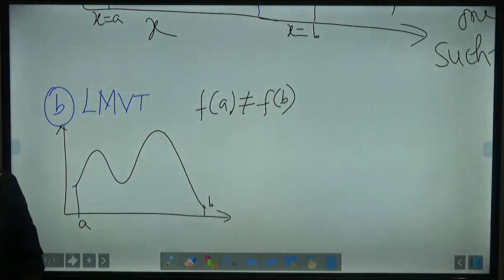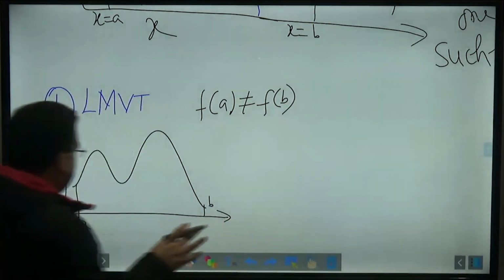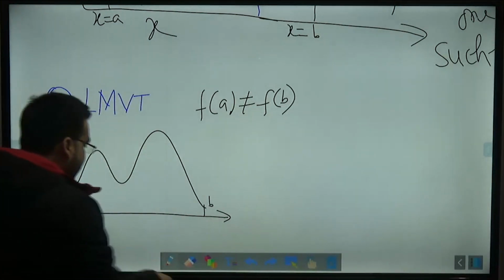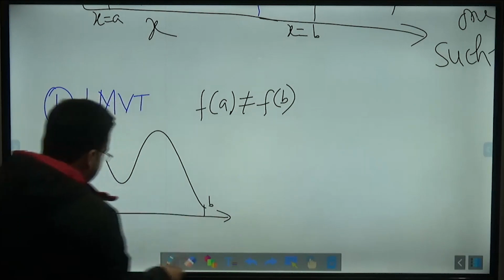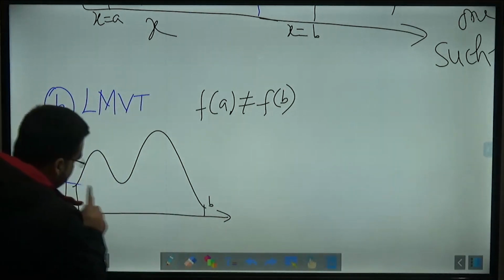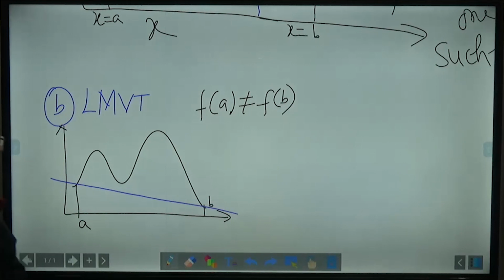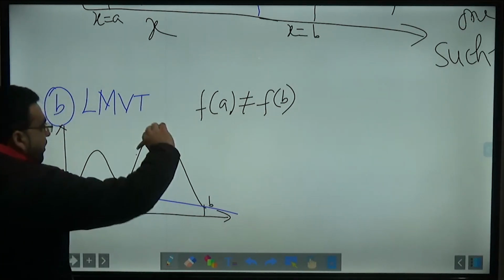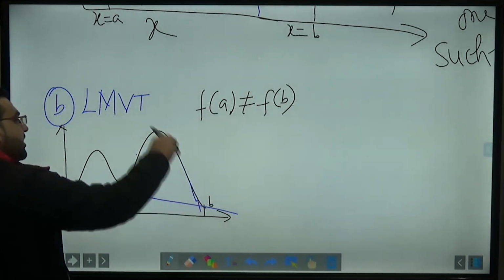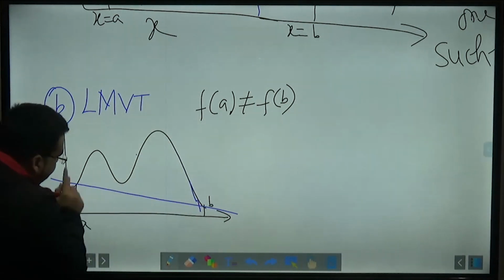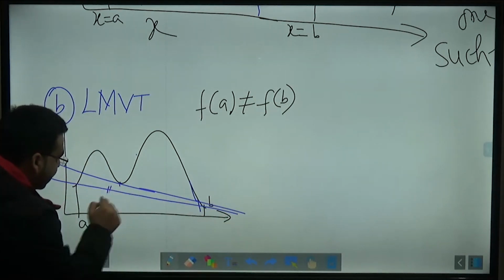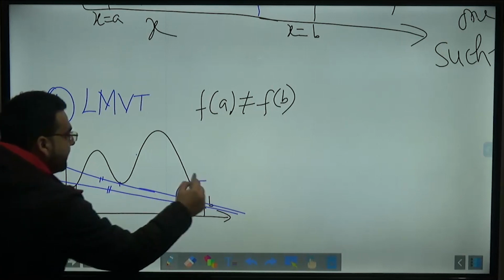but the graph is continuous, and it is continuous and differentiable everywhere. And so what we do is that if you join these 2 points, here, the slope of this line, there will be at least a point C that if you drop a tangent here, it will be this. So there will be at least one point at which the slope of both the lines will be same. The slope of this is equal to slope of this.